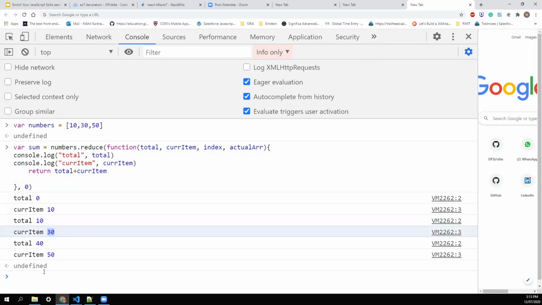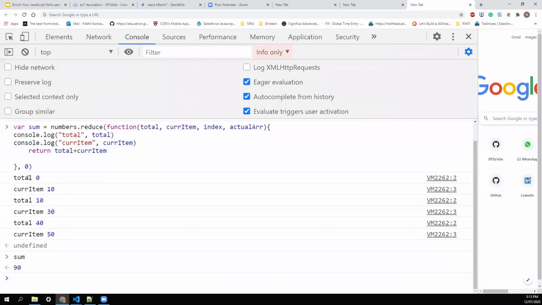Likewise, it sums all elements of the array, and if I print sum, it gives me the total sum 90. So this was in the exam. You need to remember, after the callback, you need to pass the initial value, and the initial value will always be held by the first parameter.